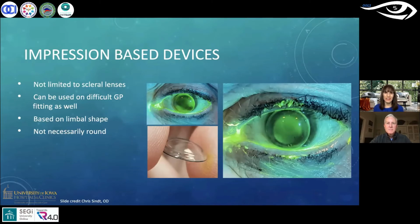And sometimes those eyes are really challenging, where the lens doesn't sit quite where I want it to. So previously we could do things like piggyback the lens, we could put a soft lens on and then the gas permeable lens over. We could make it so it was okay, but now we can make it even better with